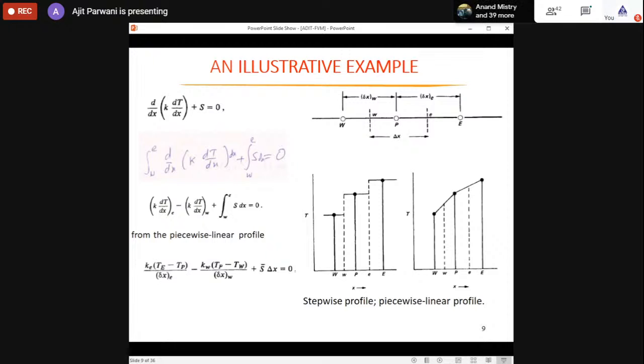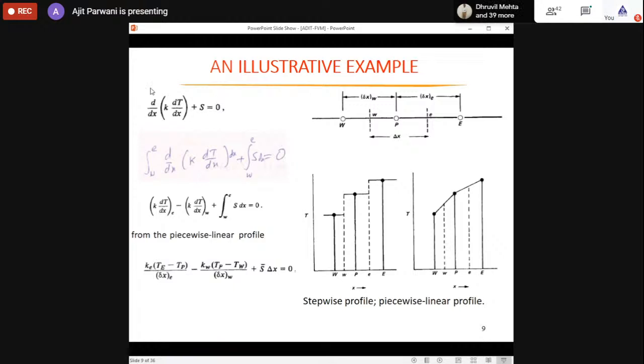So now let's understand the finite volume method by taking this very simple example. This is the example for the conduction problem, a one-dimensional conduction problem with the heat generation term present. Okay, so this is the one-dimensional heat problem. Suppose there is a rod, a resistive rod in which the current is flowing. So if the current is flowing in the resistor, therefore the heat is generated. So heat is generating, and the heat is also transferred.